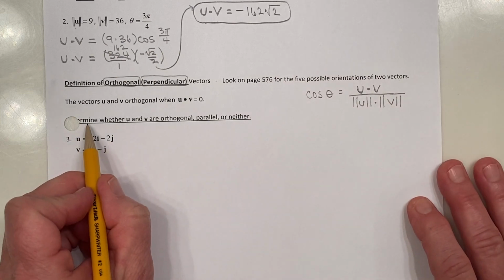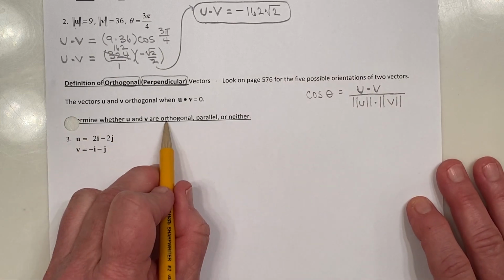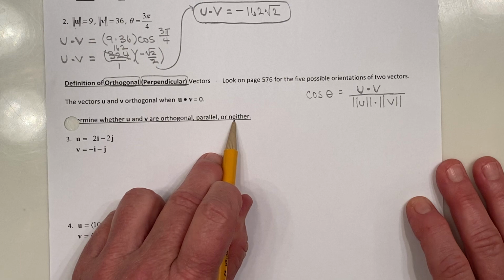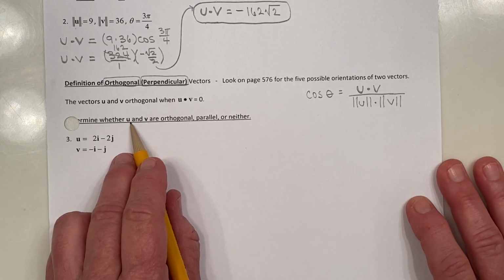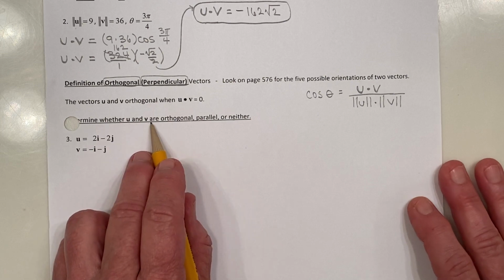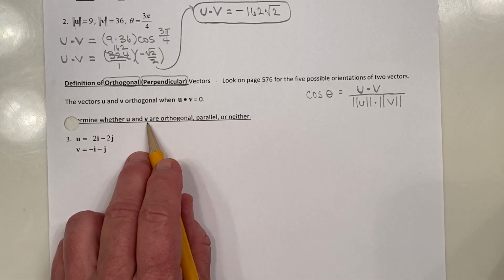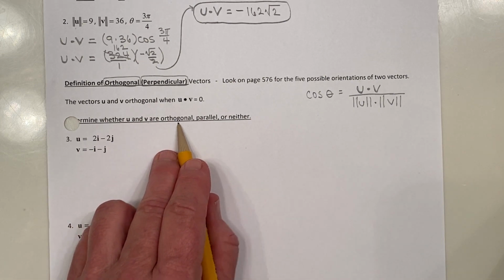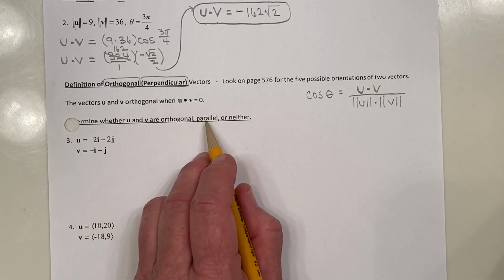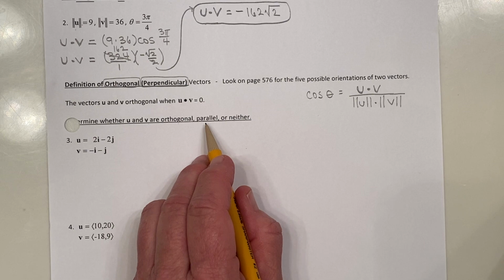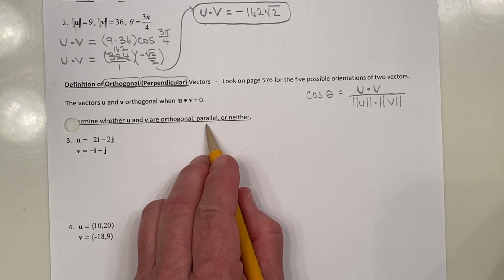All right, the directions say, determine whether u and v are orthogonal, parallel, or neither. Notice that they didn't tell you to find the angle between the vectors. They're not going to specifically say that, but that's what you have to do. You have to find the angle between the two vectors to see if the answer is 90 degrees, which means you have orthogonal, or if the angle between them is either 0 degrees or 180 degrees to be parallel, or